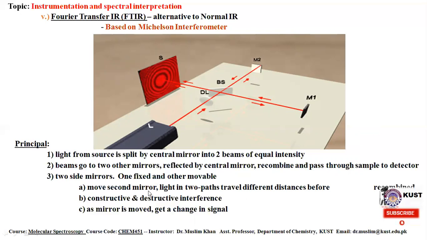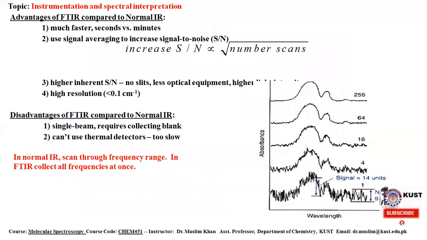So when the second mirror moves, the light in the two paths travels different distances. This produces constructive and destructive interference. As the mirror is moved, you get a change in signal. We are not going into the detail of FTIR because FTIR is not part of this course. So, the advantages of FTIR